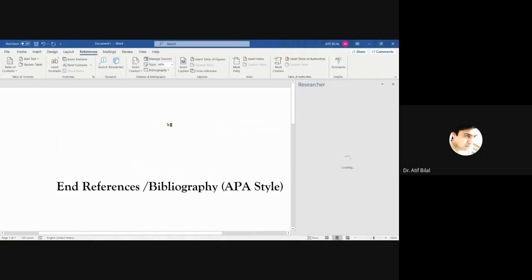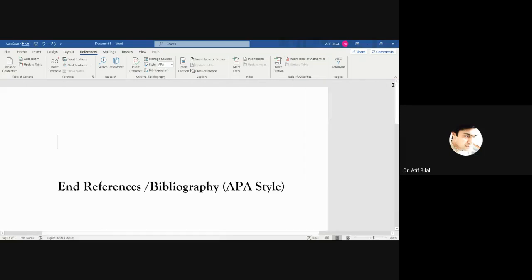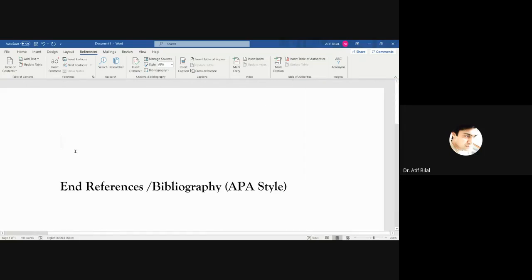Now, the good thing about managing these references is that, let's suppose you're writing a research paper. It is good to create creative ads. Let's suppose I want to say this and I want to give a reference saying which authors said it.